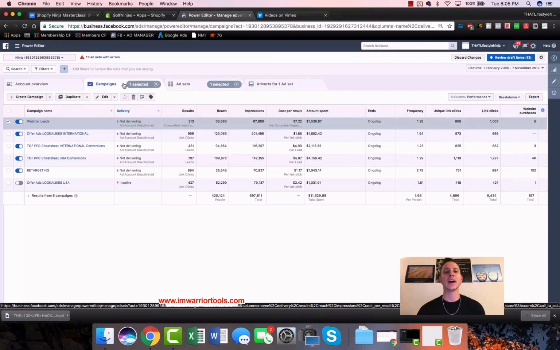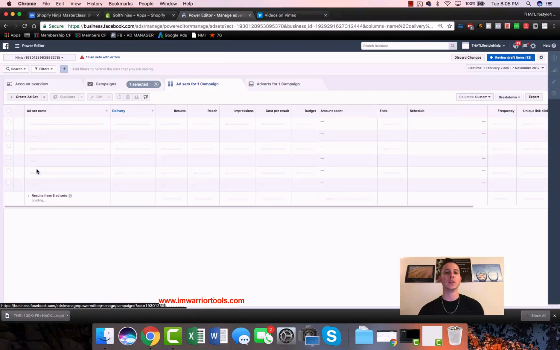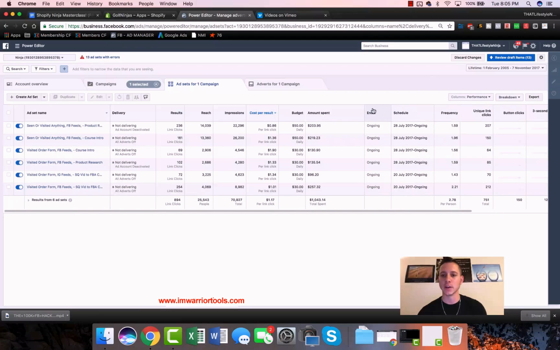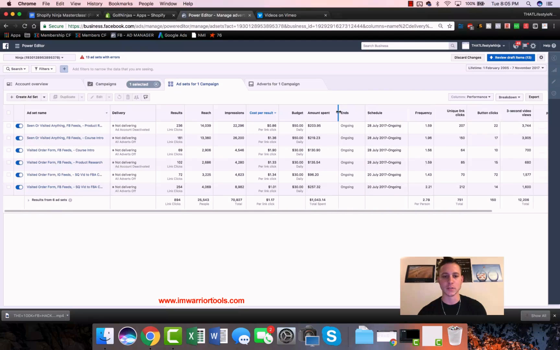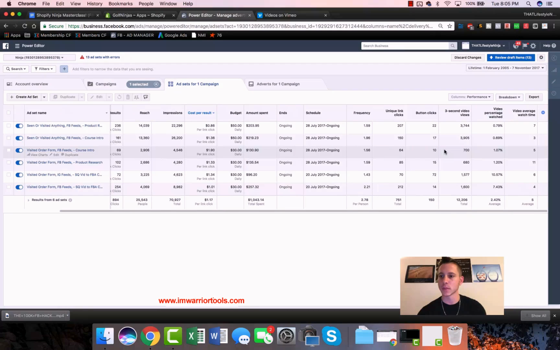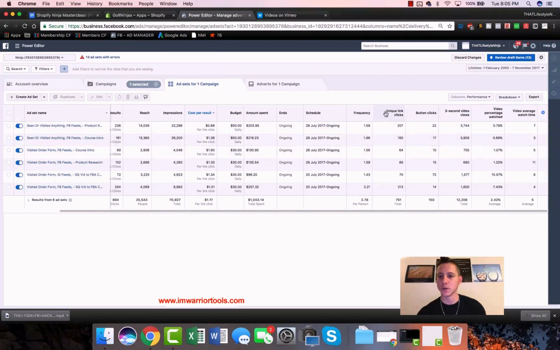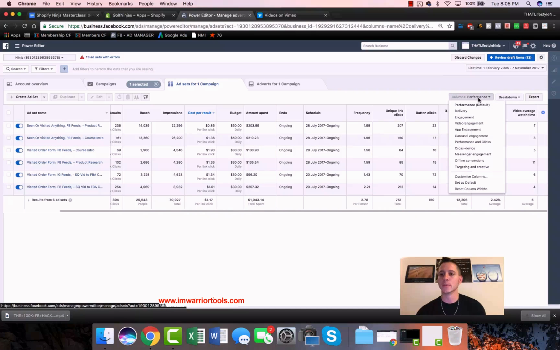And so if our goal is to optimize for registrations or leads or emails, that's kind of how we do it. But if we're looking for retargeting, then probably our goal here would really be purchases. So instead of optimizing for cost per result, which would be like cost per link click or something like that, what we'd instead be curious about is website purchases. So it looks like website purchases is actually not shown here in the columns,